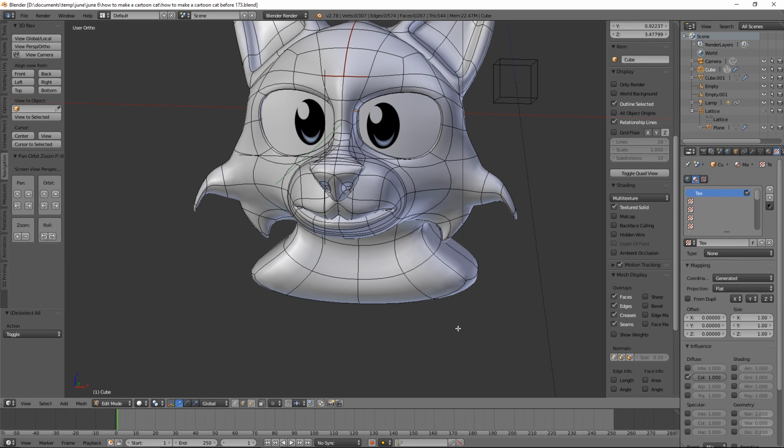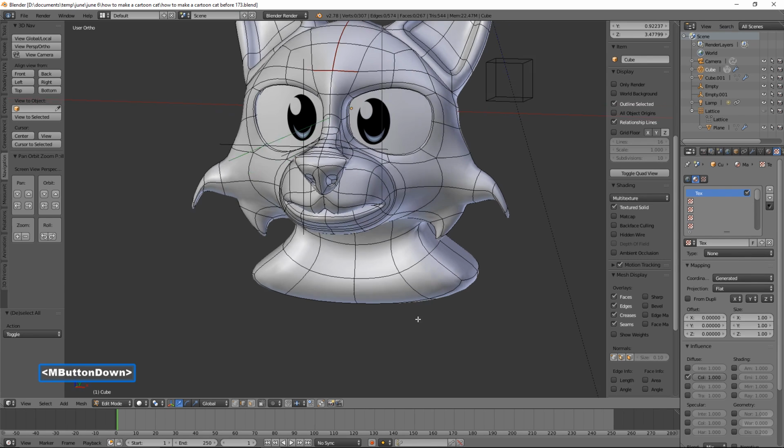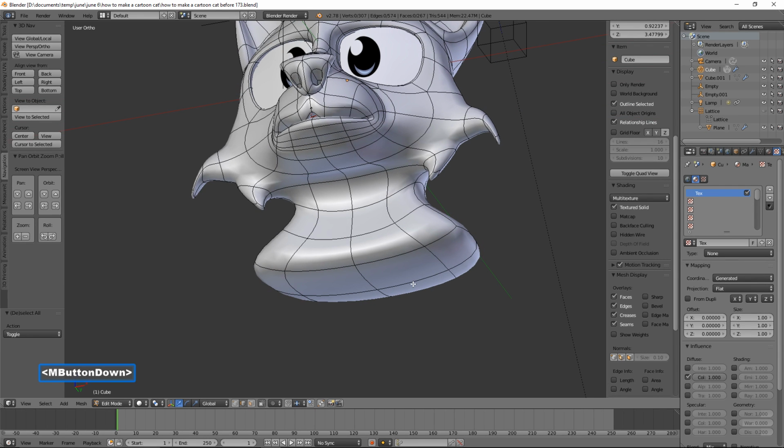You put seams in objects inside of Blender basically to be able to lay out your 3D model flat so you can put colors on it. So what I'm going to do now is I'm going to